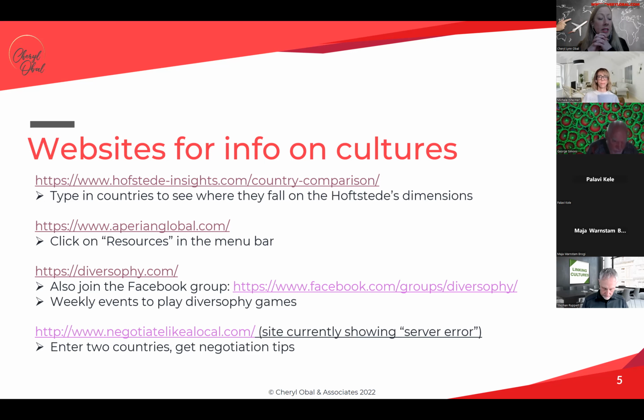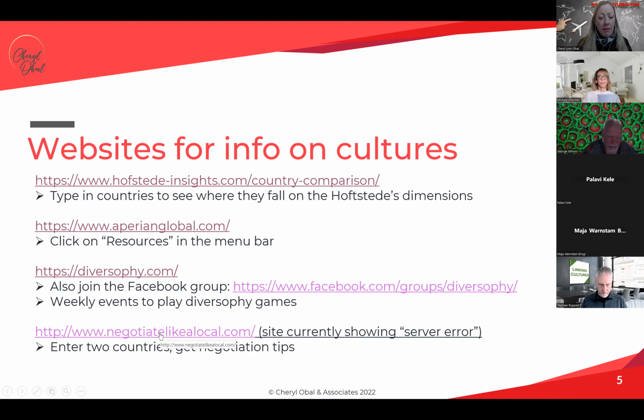And it's just a nice little thing that students love to use, because they can go there and say, oh, let's see how Americans would do with Germans, or let's see how Japanese do with Brazilian. Okay. So it's really nice. And it's about a site. The book is also called the same name, I think, Negotiate Like a Local.